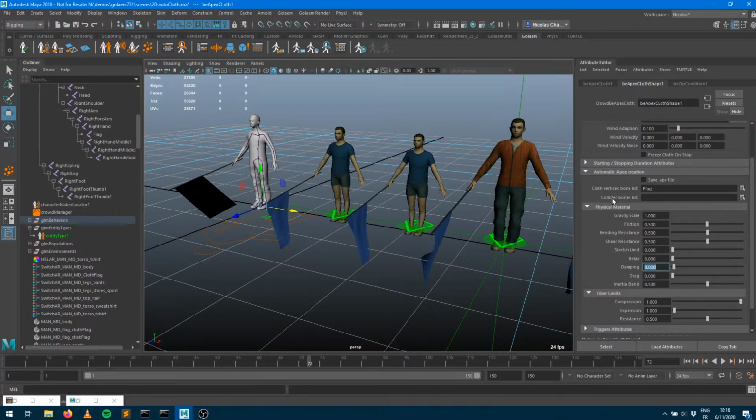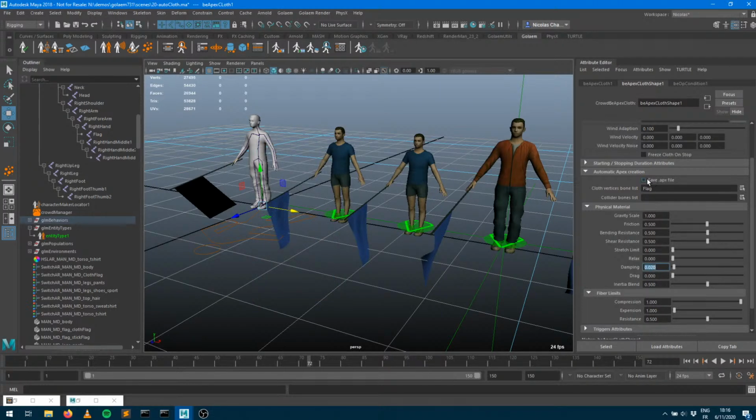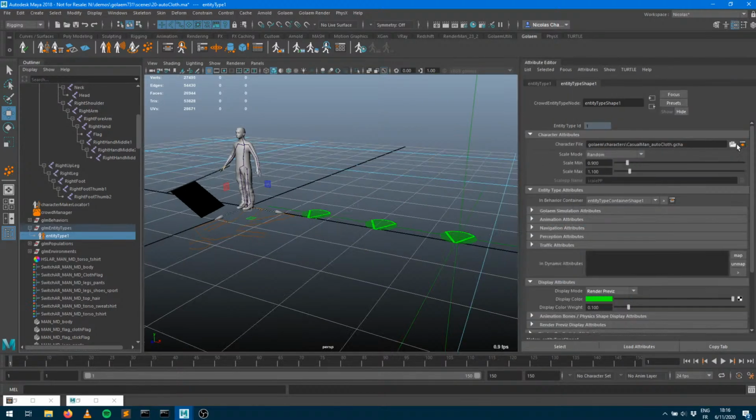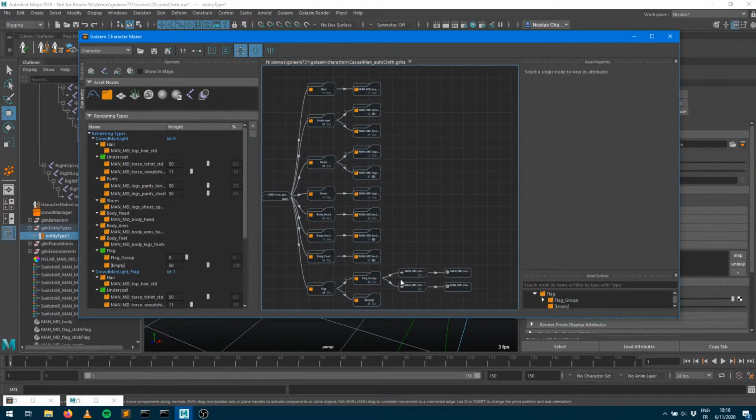You can also specify what the colliders are going to be, in terms of rigid bodies for your characters. So if you want that flag to collide maybe with the leg or other parts of the body, this is where you can input those. And when you're happy with those, you can check that box here. If you check that box and play the simulation at least once, what's going to happen is, let's rewind the sim, what's going to happen is that now your cloth mesh that you had before,